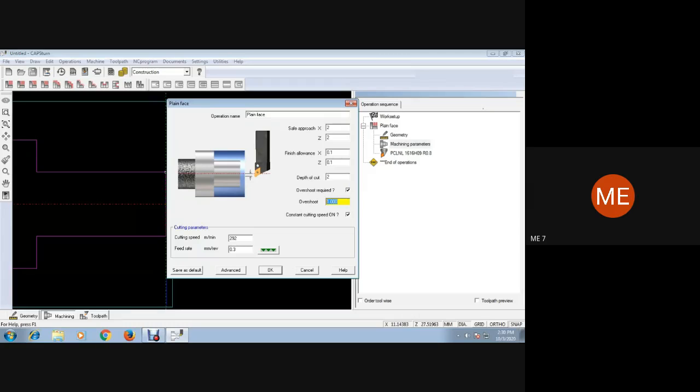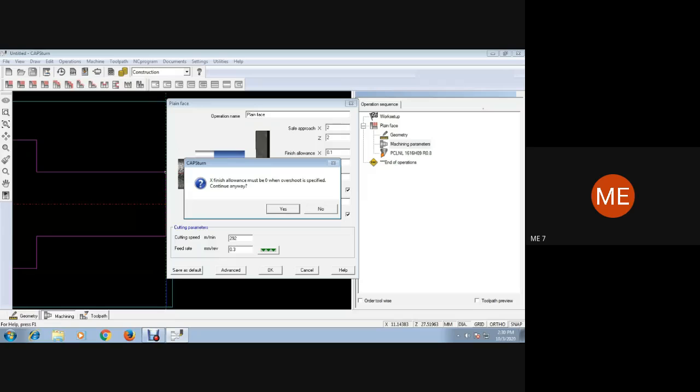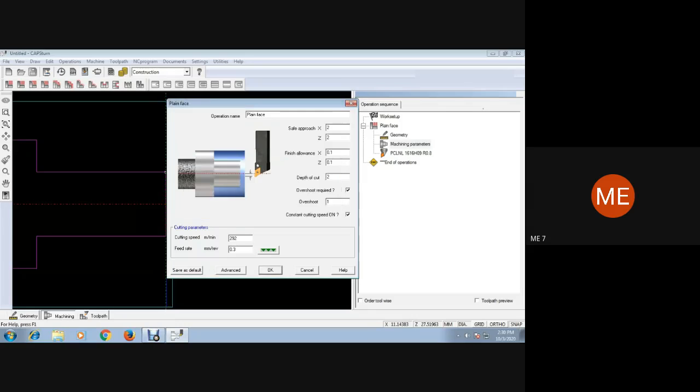So we'll give an overshoot of 1 mm and continue. These yellow lines are nothing but the finishing allowance: how much should be left over in the X direction and in the Z direction.